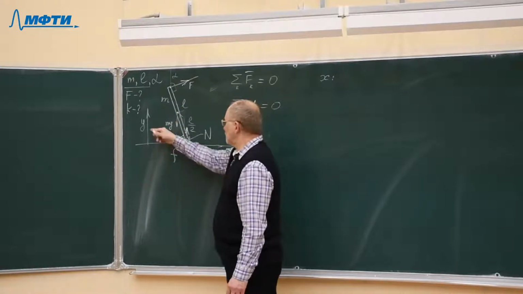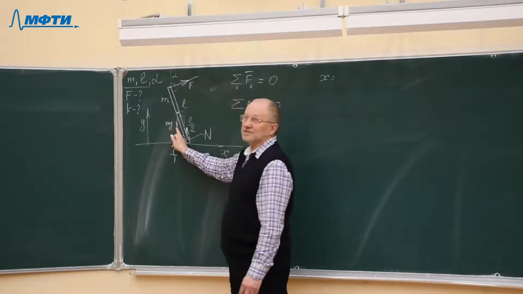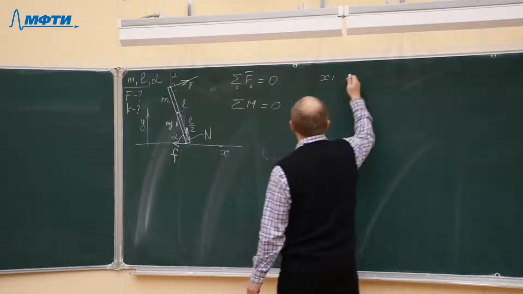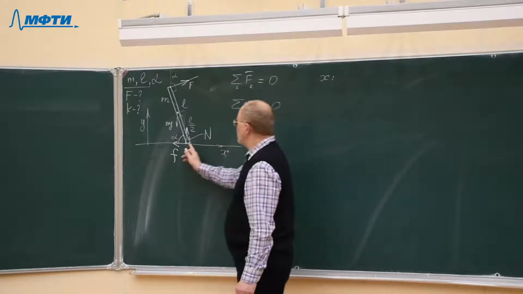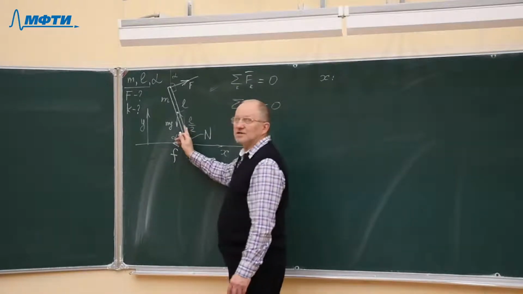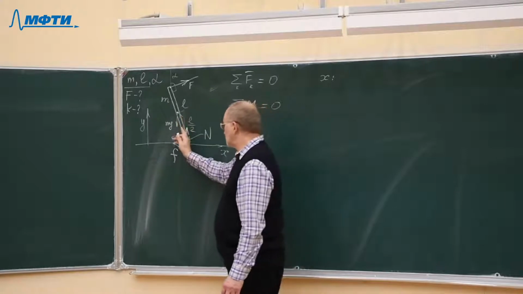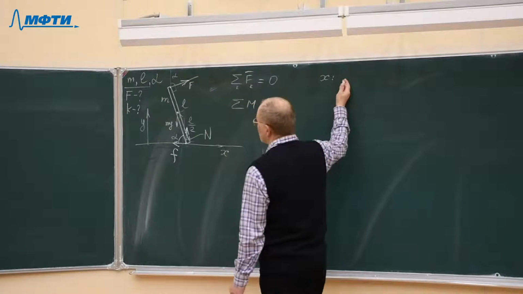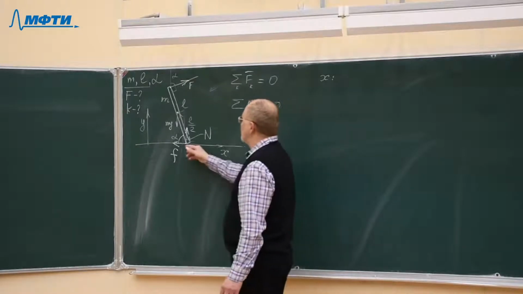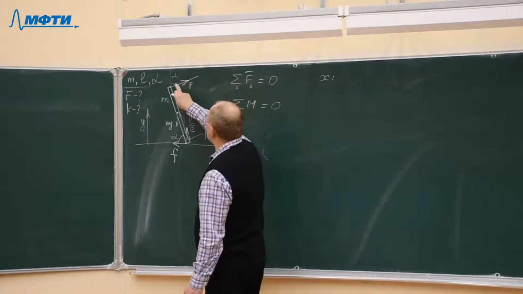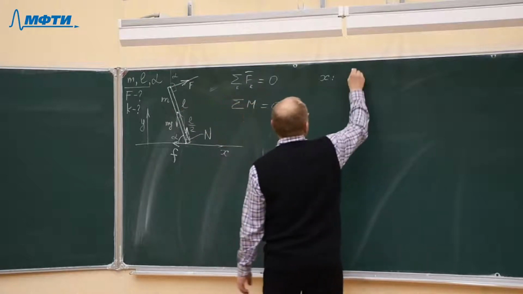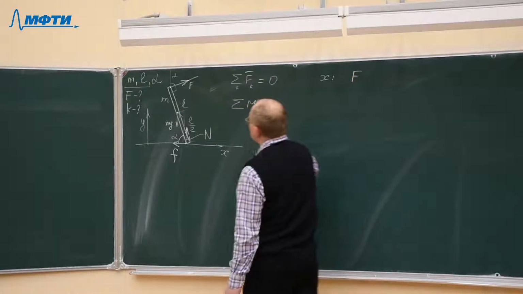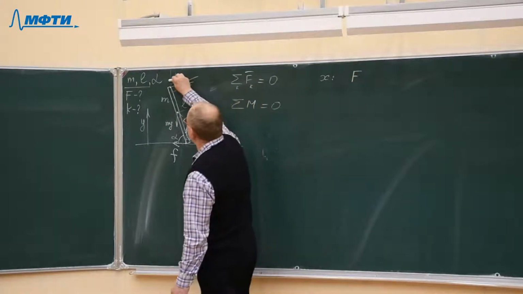We will not take it into account. Also, the force of reaction N is directed vertically, so its horizontal component is 0, and we will not take it into account here. What we take into account will be the horizontal component of force F, which is equal to what? F sine